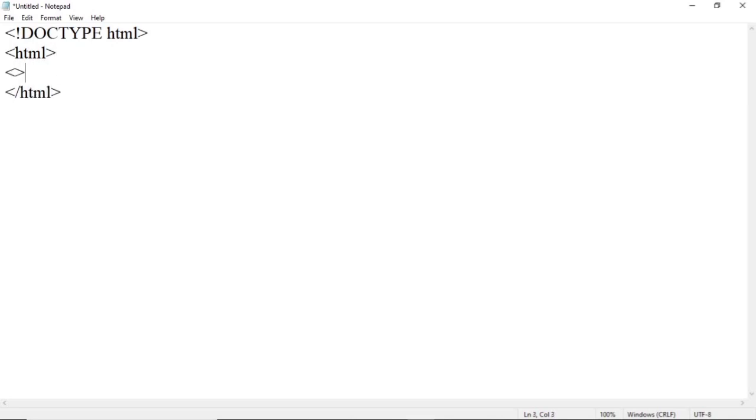Then within the HTML tag, let us add a head tag. So head and end of head. Within a head tag, we can write a title and end of title. Specify here any meaningful title. Suppose, using number object.